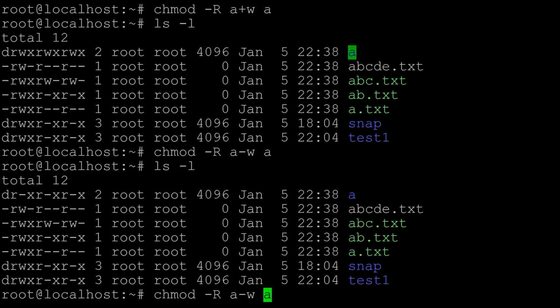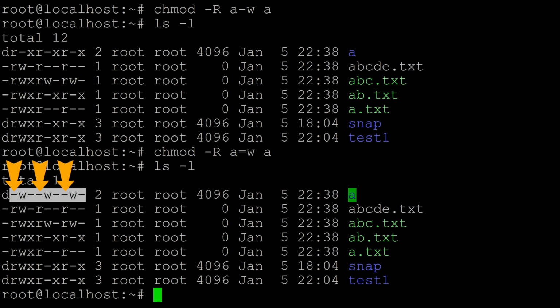Now, if we want to set the permissions, we can do something like a=, and then what we need to type out is the permissions that we want to set. So we can say something like just w, and what this will do is set that you can only write in the A directory. So you won't be able to read and you won't be able to execute, you just write. So let's run this. And let's go ls -l, and now we see that it removed everything else and just set it to w, because that's all we typed when we set it, right? So setting is overriding everything else clearly.